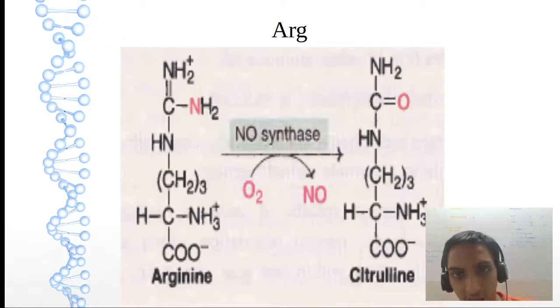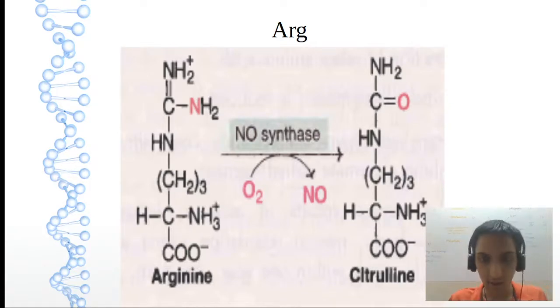Now let us go with the arginine once again. In the arginine, the important thing I want you to add one more, that is nitric oxide. This can be for very short notes. It's highly important. So how is nitric oxide formed? Arginine to citrulline by a simple enzyme, NO synthase, oxygen to NO. I repeat once again, arginine on NO synthase, oxygen to NO, and we will get citrulline.